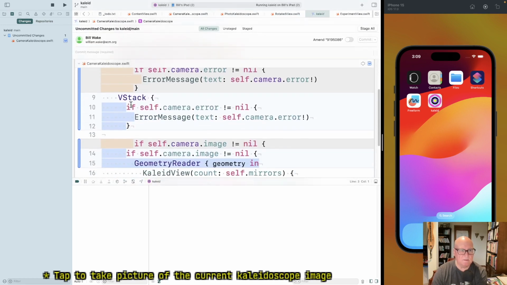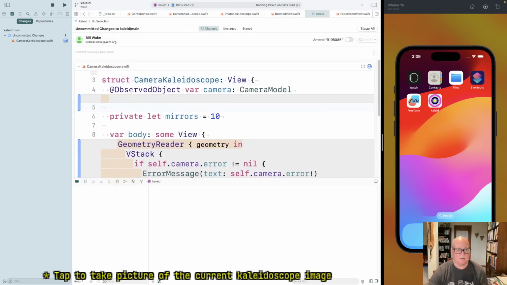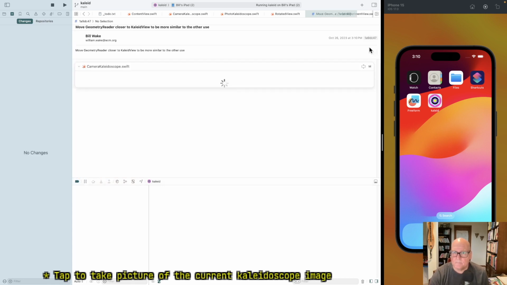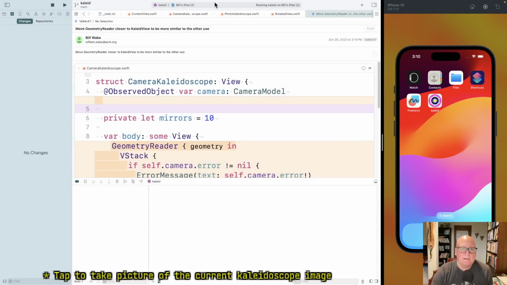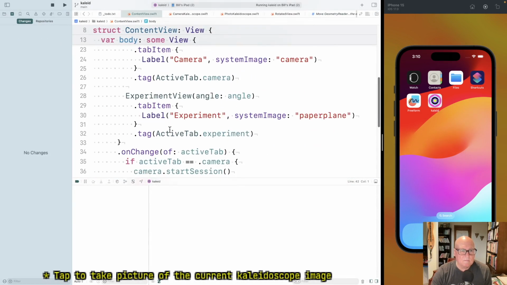Sorry, let's check the diffs here. Oh, let me push this. I'll just say closer to collide view to be more similar to the other use. Okay. Yes,